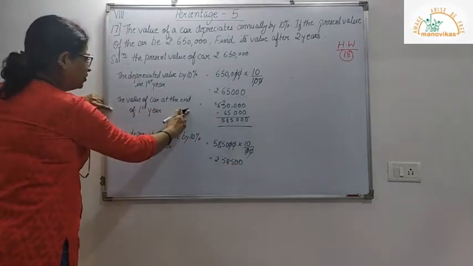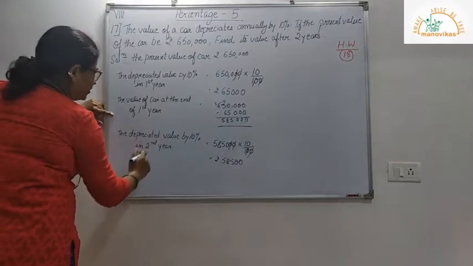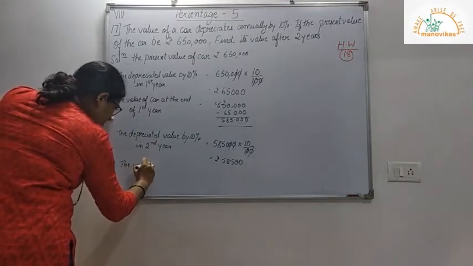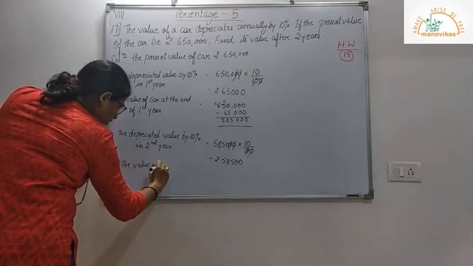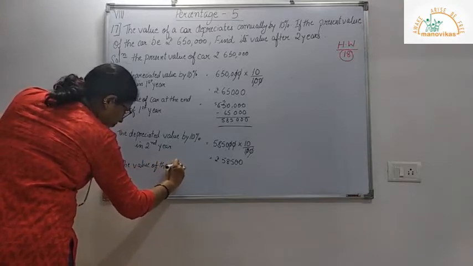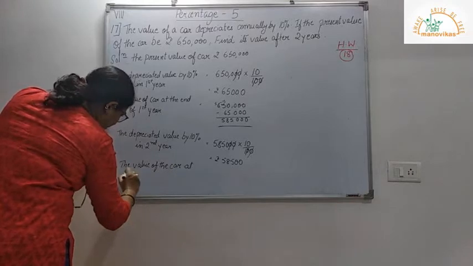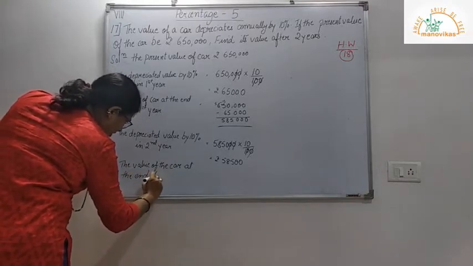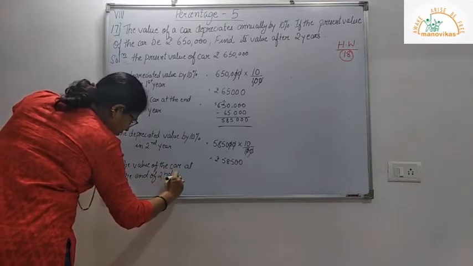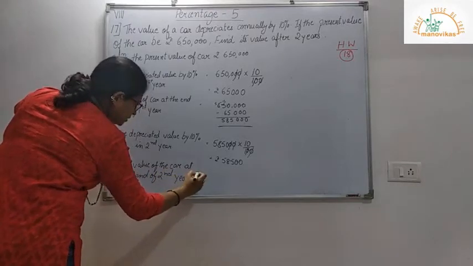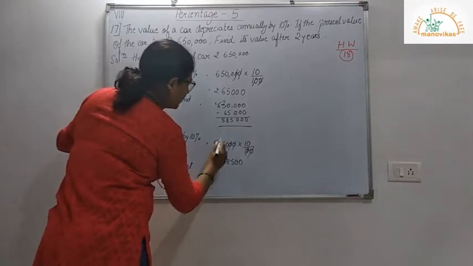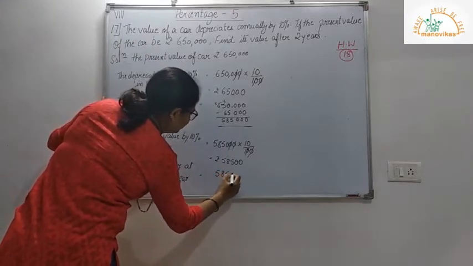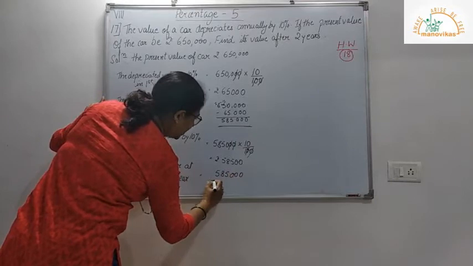So the value of the car at the end of the second year is, that is 585,000 minus